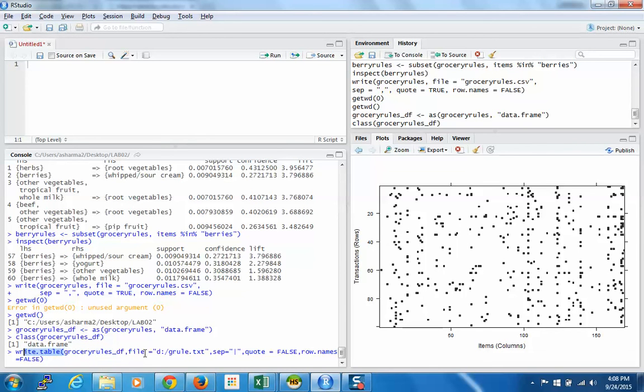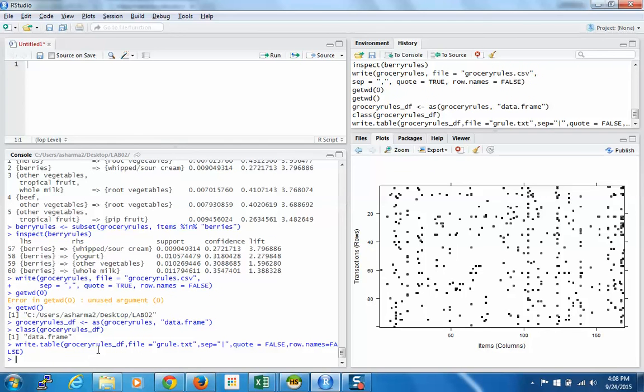It will write to a file called grule.txt on my D drive, and we'll separate it by pipe, and the quote will be false and the row name will be false. And let me just remove this one so that it creates in the same place in my working directory. So with that, let me enter this,